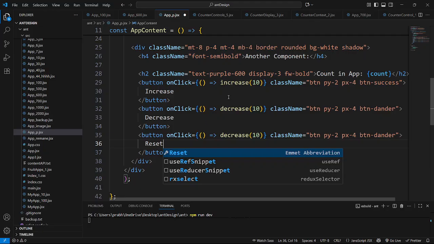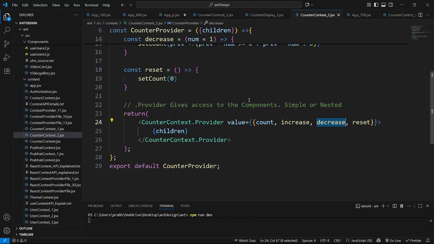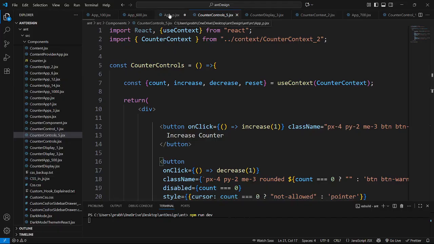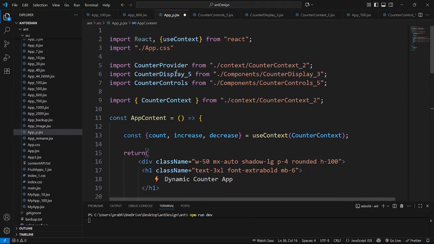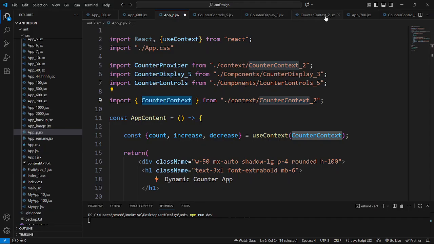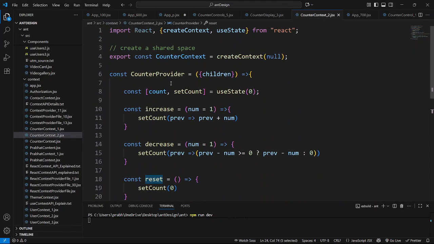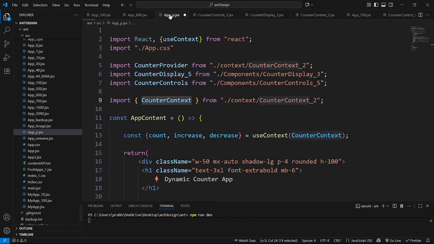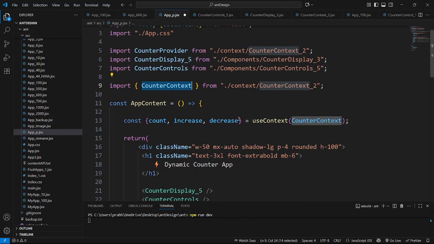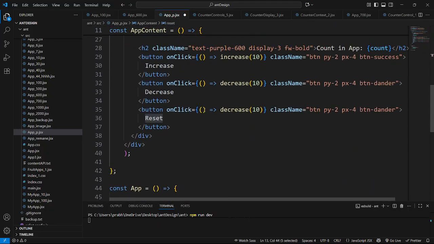okay, and just come here to this context provider file, copy this reset function from here, and it will be available here also. Okay, inside the app.js file also, because we can see here I've used the useContext hook also, and here I'm also importing this counter context inside our app.js file as well. So now it will be available here also. So just paste it here, copy this reset, and just paste it here, reset, and